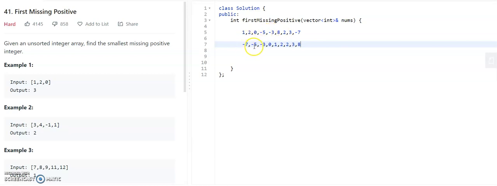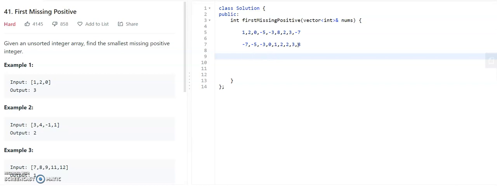An unsorted array of some elements, a combination of both positive and negative, is given. From this we have to find the number which is missing in the order of the positive numbers firstly. So here we have to only see the positive. 1 is there. So next what should be there? 2. So 2 is there. Next what should be there? 3. So 3 is there. Next what should be there? 4. So 4 is missing here. So the answer will be 4 like that. In the given array of unsorted elements with both positive and negative, we have to find the first missing positive number.